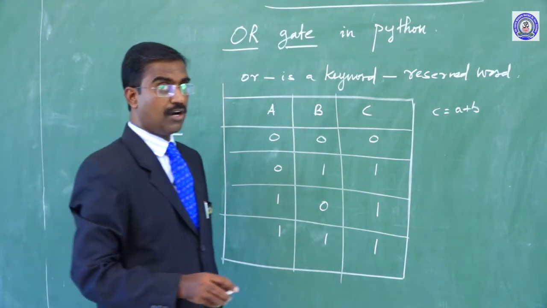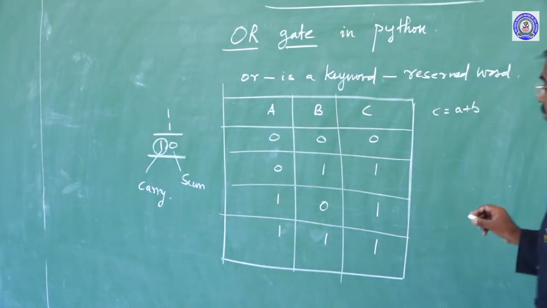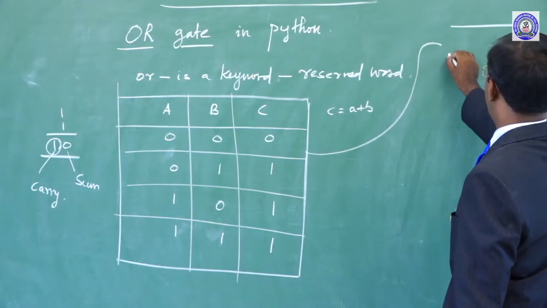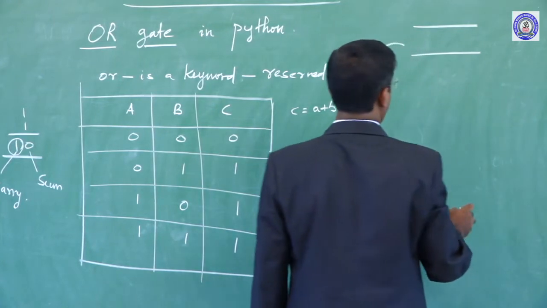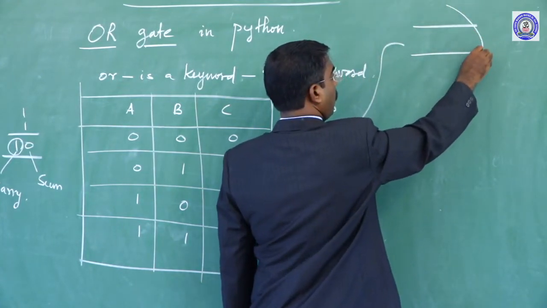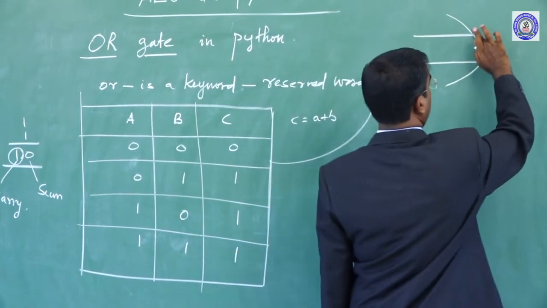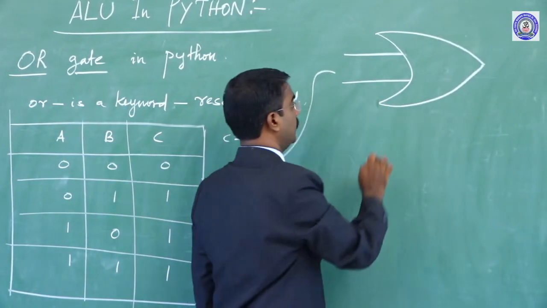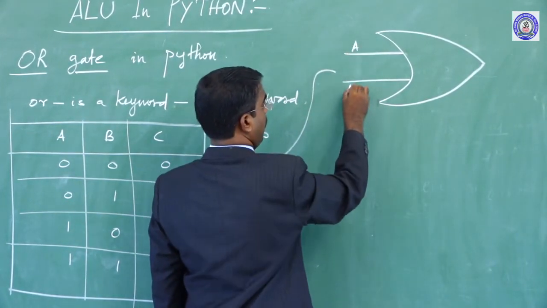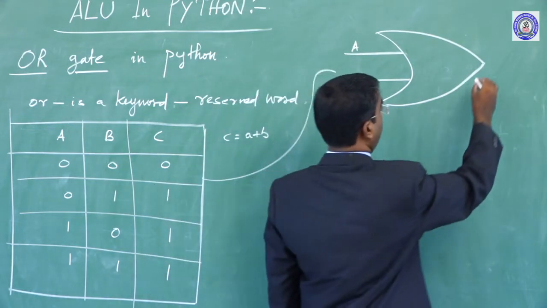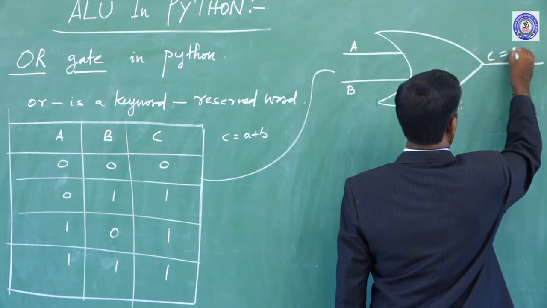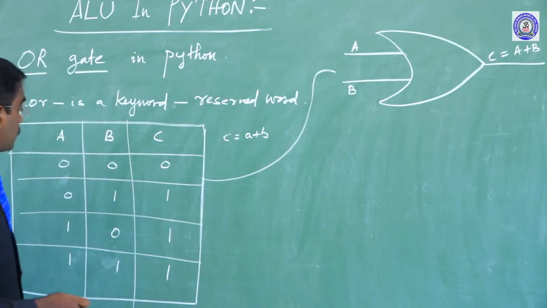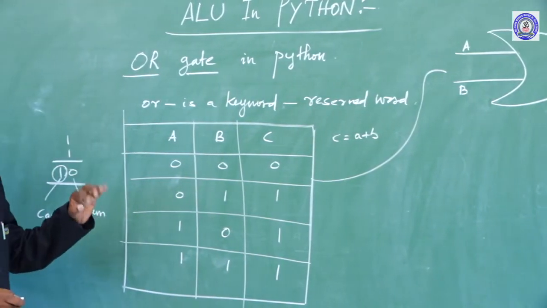In this logic gate, how can we draw it, sir? This is input A and another input is B. But for the OR gate, we make it in an arc shape. Clear? Yes. You see, this is input A and then B, we make an arc shape and connect them. C is nothing but A plus B. Okay, this is the process of the OR gate.